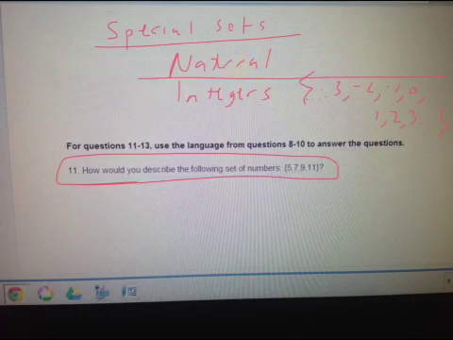And so natural numbers, some will include 0, but let's say 1, 2, 3. So to avoid any ambiguity, let's just stick with integers here. And we want to be able to describe the following set of numbers. We want to describe these values